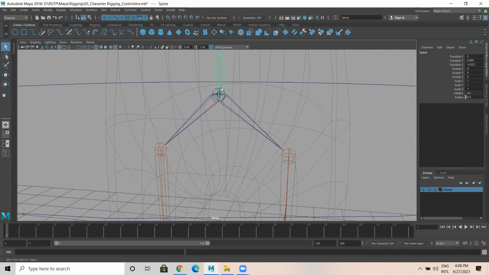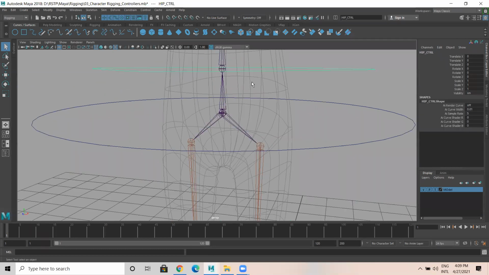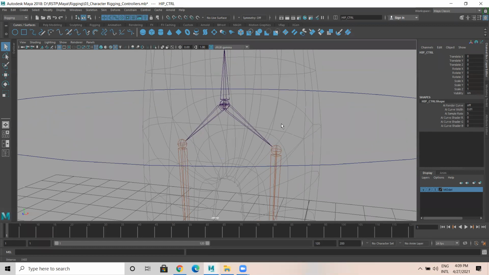So spine, again, up arrow of spine is COG. Okay. So I can select this. Okay, let's do one thing.